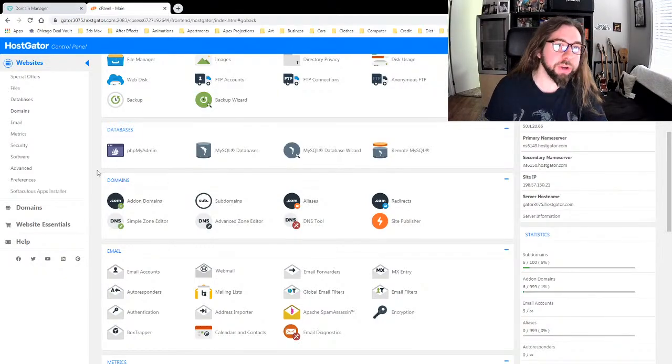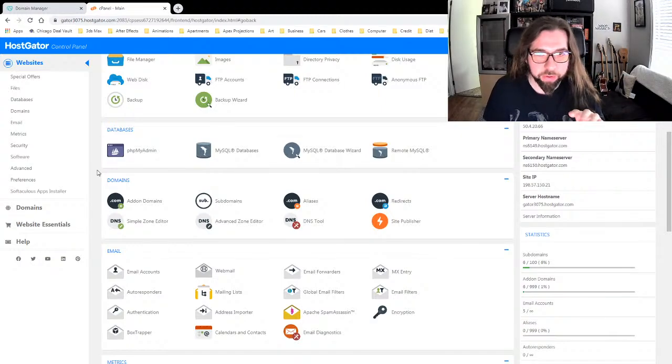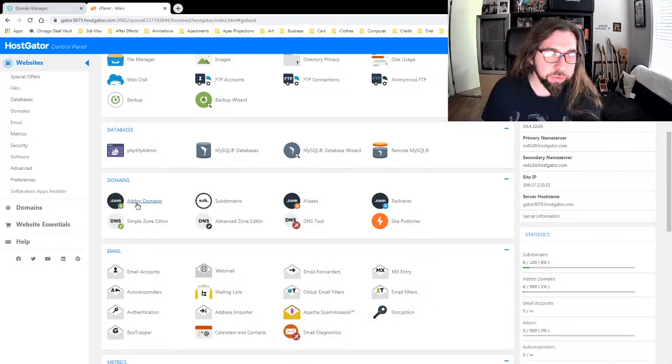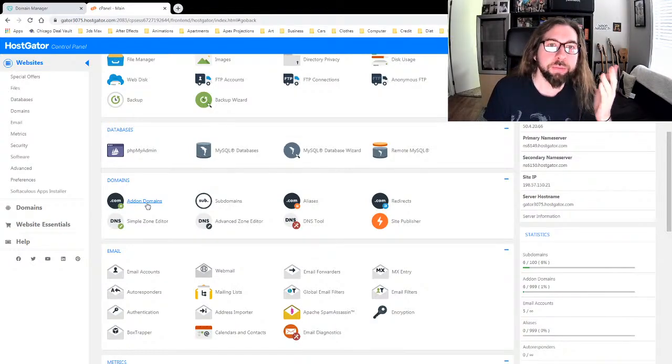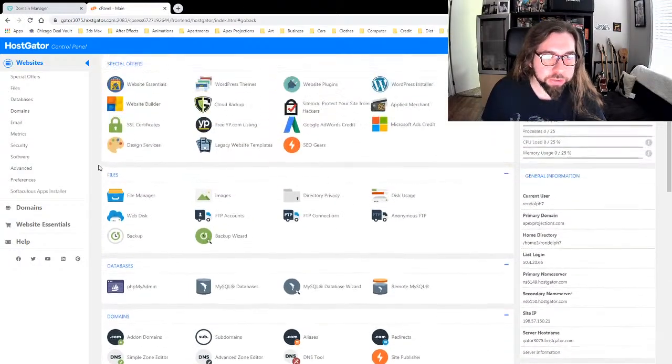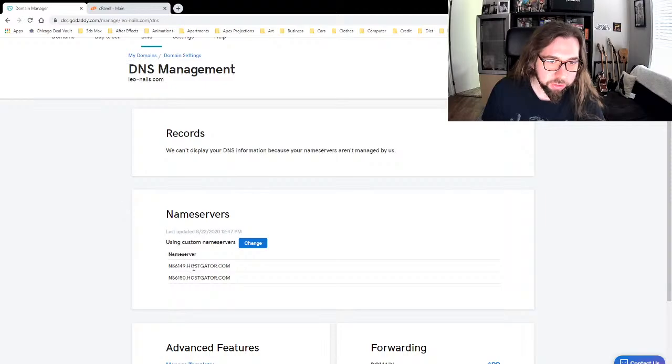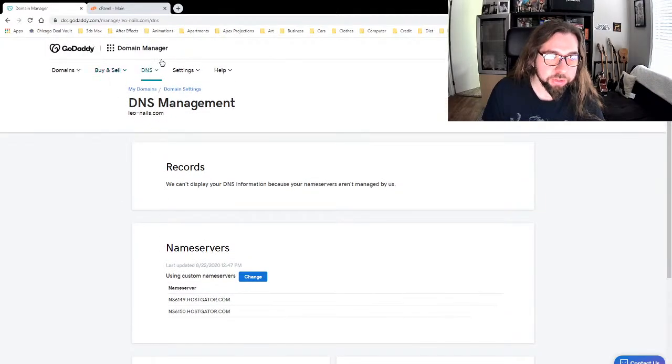So if you think of your computer like the C drive or whatever, and then it's got all these folders like Windows and whatever. So with this add-on domain, we basically made a folder for our leonails.com directory. And so then we went over here to the name server, and by putting in these servers, we basically said when someone enters in